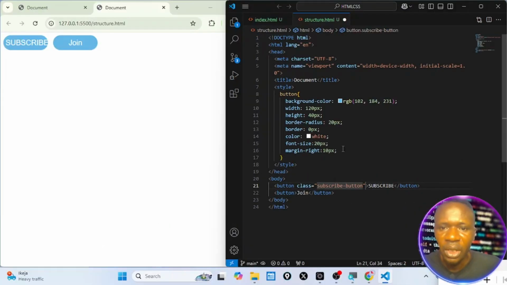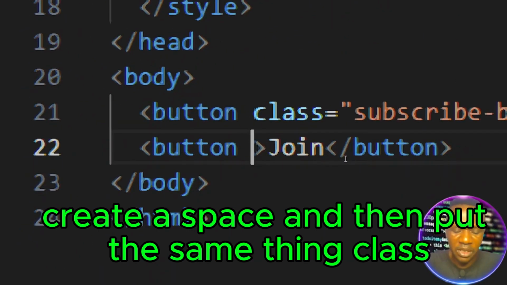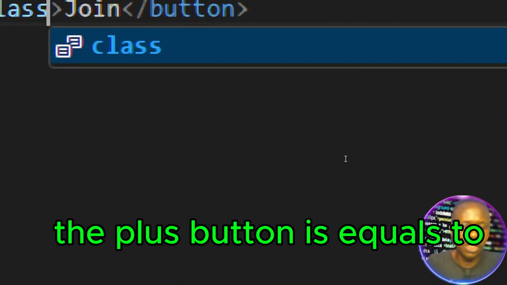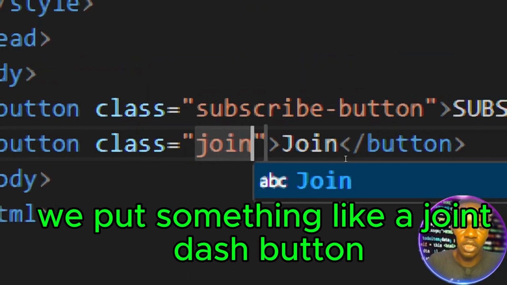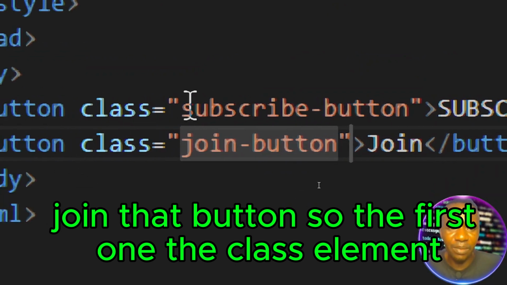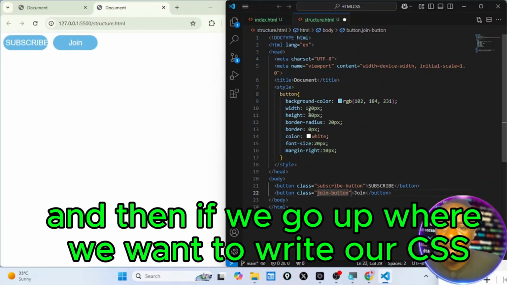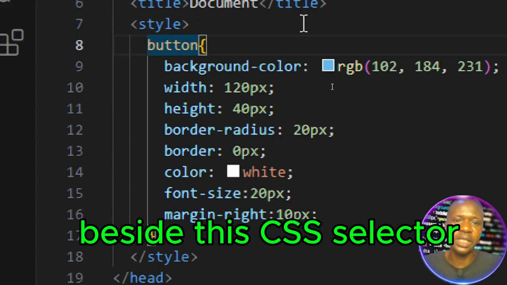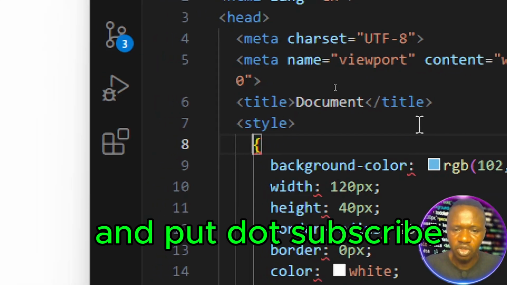So here, in our second button, which is the join button, we click there, create a space, and then put the same thing. Class equals, and then inside the double quotes, we put something like join-button. So the first one, the class property, has subscribe-button, while this one has join-button. And then if we go up where we want to write our CSS, inside this CSS selector, we will remove this button element and put dot